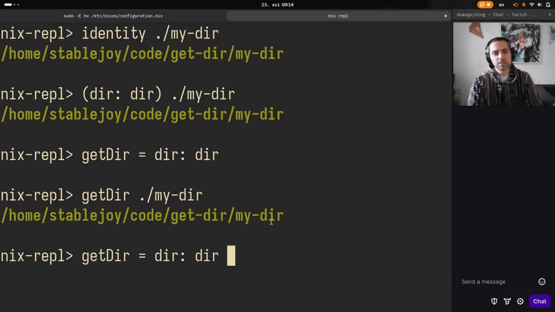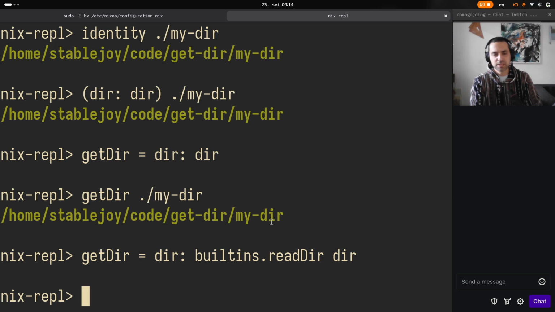But how do we read it? Well, we would have to do something to it. So that means we have to put a function here, built-ins read dir. I guess this would work like this. So built-ins read dir. So getDir is dir, and then built-ins read dir is a function that we're going to apply now in the body. So now we have a more complex, so it's not anymore the identity function. It's almost like